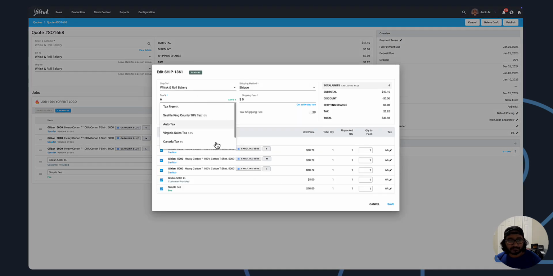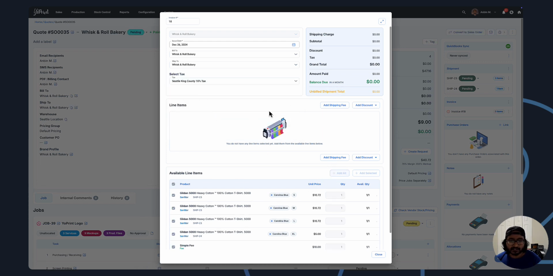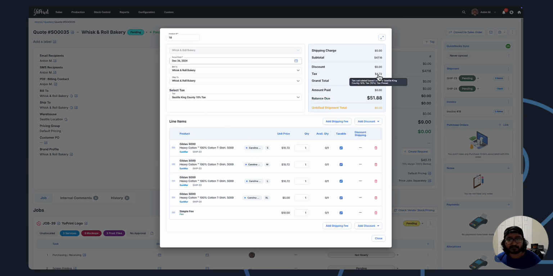Prior to this, the tax works like this, right? You can select the presets, or do auto tax and it will calculate it, or you can just change the percentage manually. But the new way of doing things is that you won't be able to change the tax percentage manually. The reason we did that is because it helps us sync to QuickBooks better. Now you can select the tax. Let's go ahead and add the line items first. So I'm going to add this line item real quick. So that's a 10% sales tax right there,